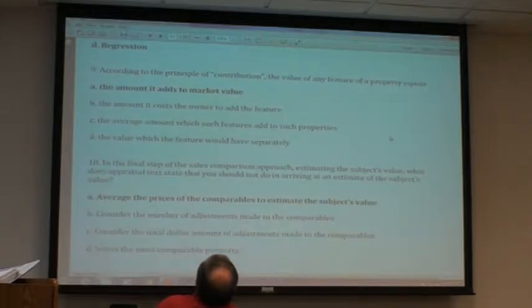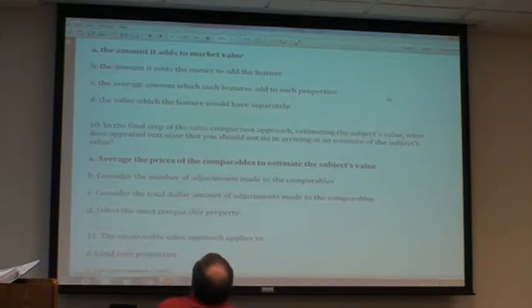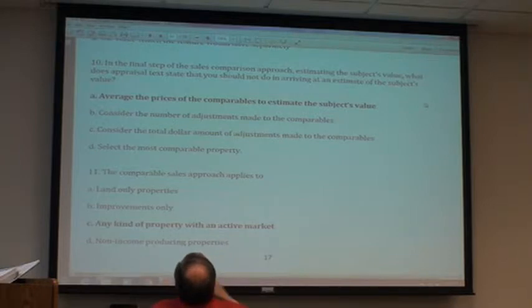Number 9, according to the principles of contribution, the value of any feature of a property equals to what? The amount it adds to market value. The A. Number 10, in the final step of the sales comparison approach, estimating the subject's value, what does appraisal